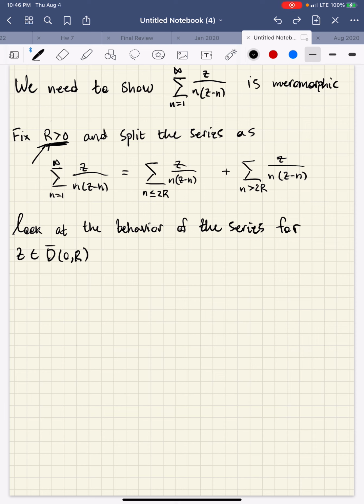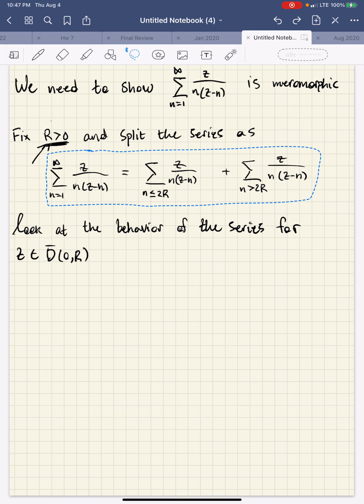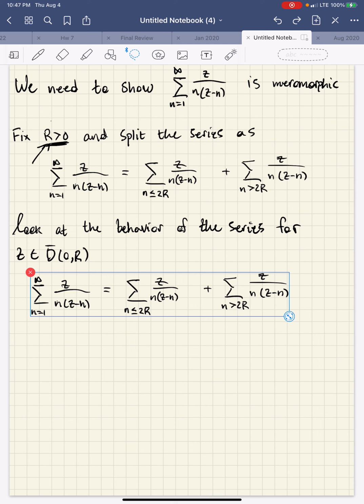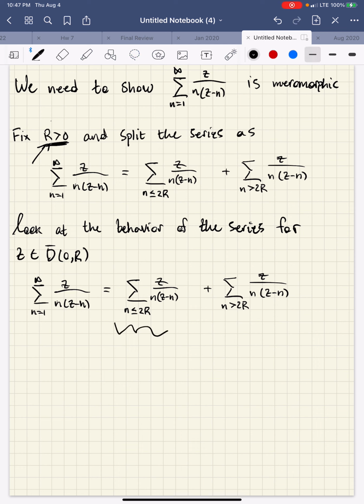So let's examine each of these pieces one by one. Let me grab this and copy it down here. Okay, let's look at this piece first. Notice that n is less than a finite value; r is a finite value bigger than 0. So this actually has a finite number of terms, and as such, it definitely converges. This is just a function. Moreover, it has a finite number of simple poles. And where are they? Well, they're at z equals n,